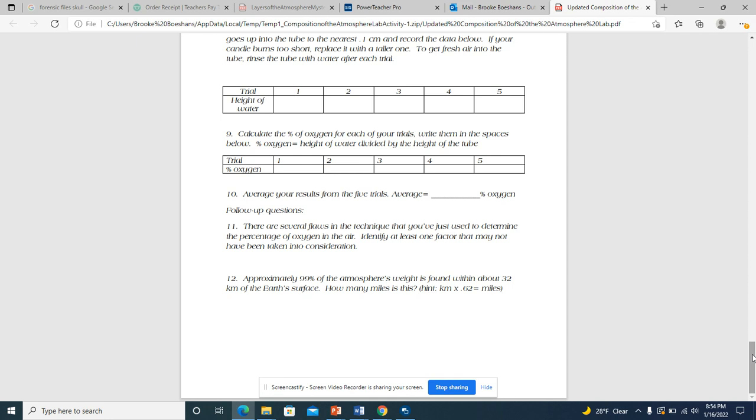Number 12, it says approximately 99% of the atmosphere's weight is found within 32 kilometers of the Earth's surface. They want you to figure out how many miles this is. And they tell you kilometers times 0.62 equals how many miles. So you can do that math and you can figure that out. When you are done with that, you should hand that in. This should not take you very